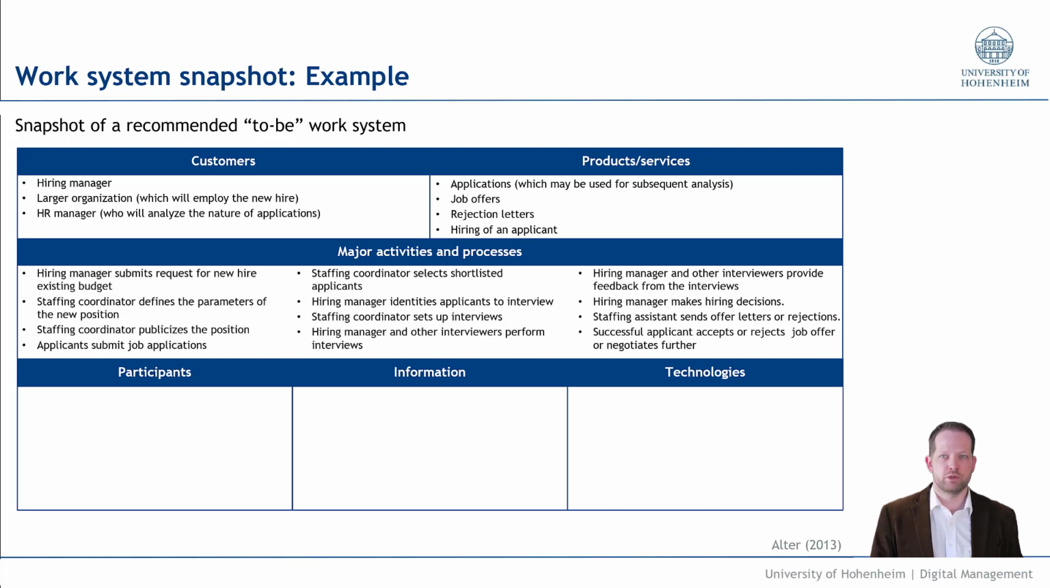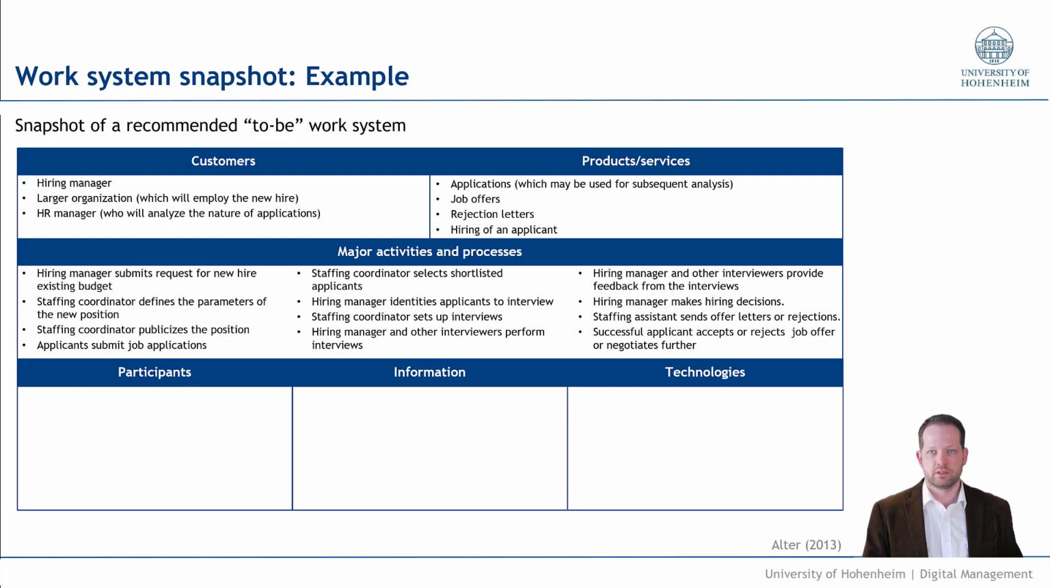The major activities and processes are the 12 listed here. For example, it typically starts with the hiring manager submitting a request for a new hire on existing budget. The staffing coordinator defines the parameters of the new position. The staffing coordinator publicizes the position. Applicants submit their job applications, and so on. You try to list these in sequence if possible, but it's not always possible because there is not always a sequence. There might be parallel streams, there might be independent